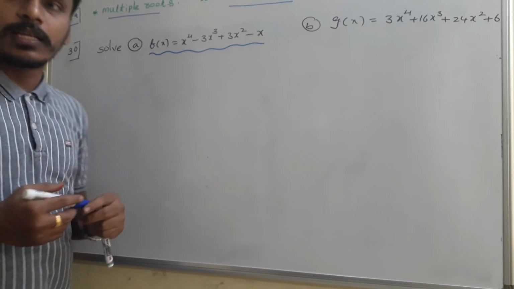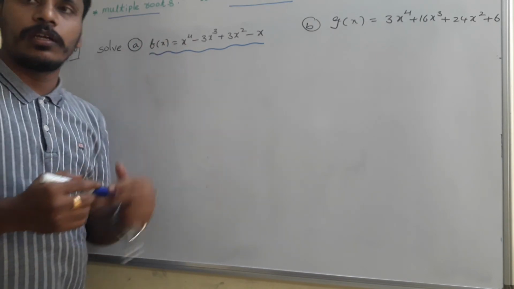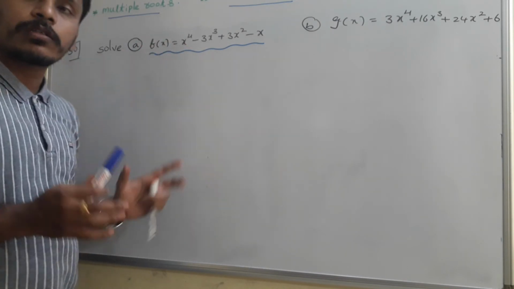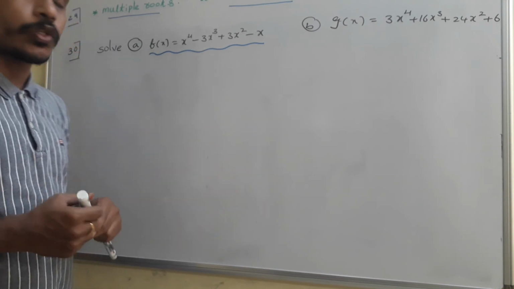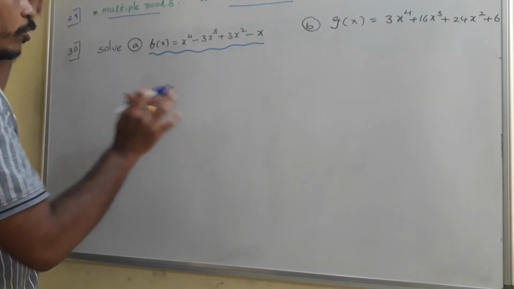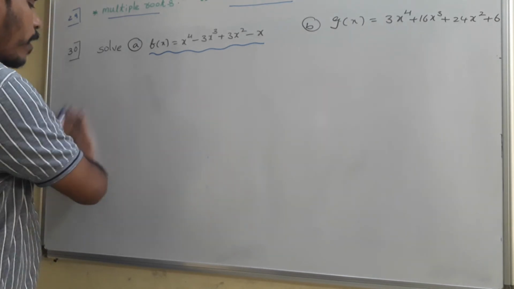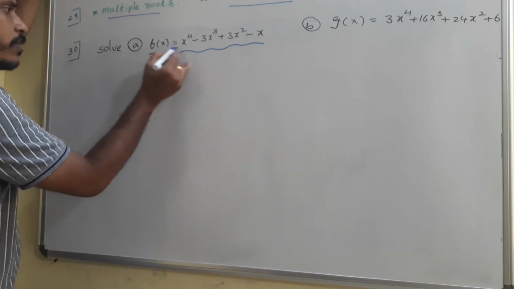One thing is very clear, that f of x is of 4th degree. In the sense, for this f of x, there are at most n real roots. So it may have 4 real roots. At most 4 real roots it may have, and I am trying to find all those things. This is f of x.